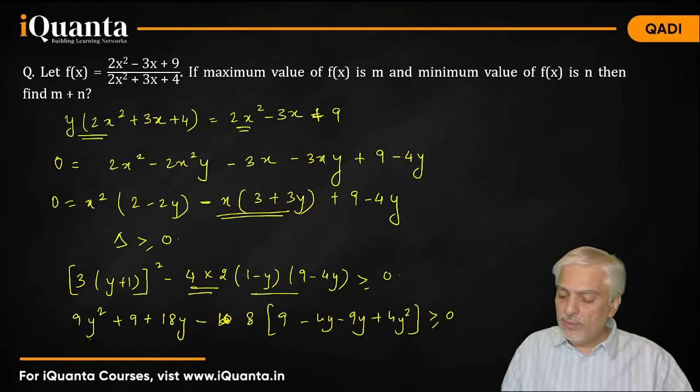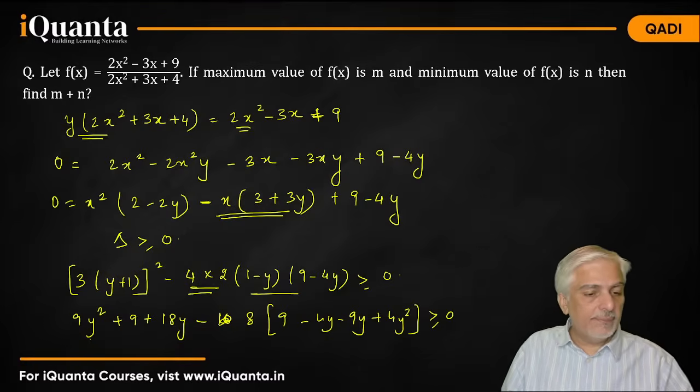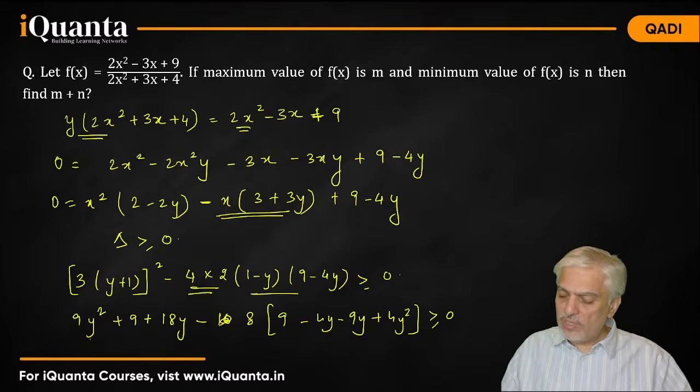Okay. So I'm getting a 32y square. Have we made a mistake? Can you all find a mistake in the question somewhere? Okay, looks right. 9y square